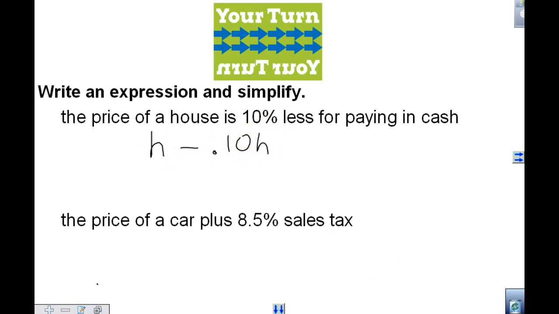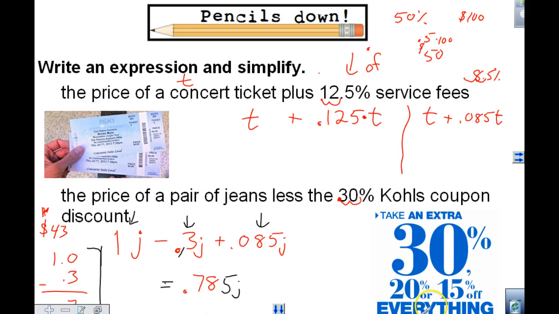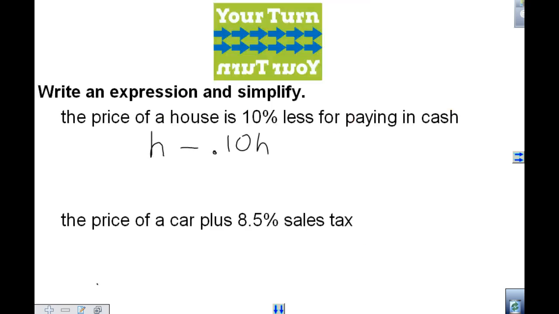Very similar to what we did here, where it is the cost of the jeans minus 30%, so it's minus 0.3. But you have to start off with whatever your original price is. So cost of the house minus 10% of the cost of the house. Okay, price of the car plus 8.5% of the price of the car. Right? So price of the car plus